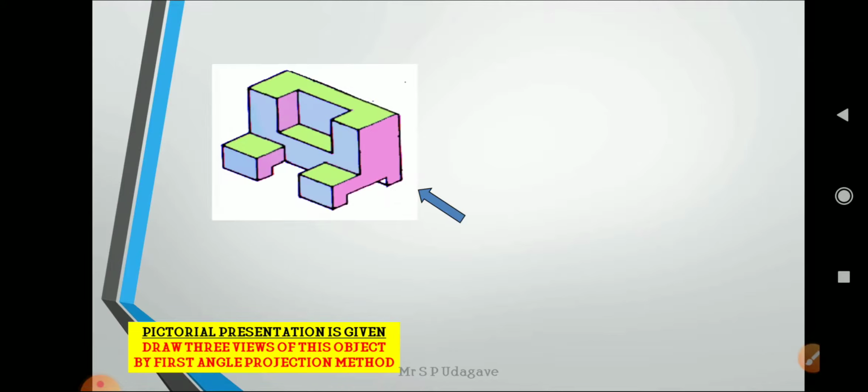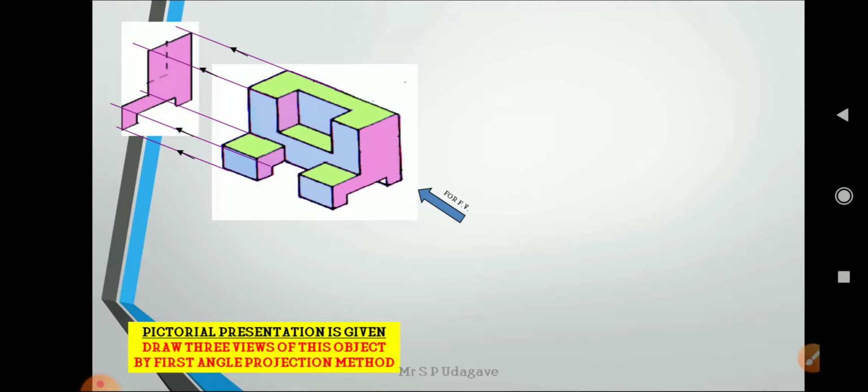Now take the next example, so you can clear the idea related to the front view and top view. See the front view. For the front view we can totally observe this portion of the object, so we can draw it with dark lines, and the remaining part, the internal part here, is a dotted line. These dotted lines show the invisible part, or a cavity we cannot see from the front view, so we draw it with dotted lines.